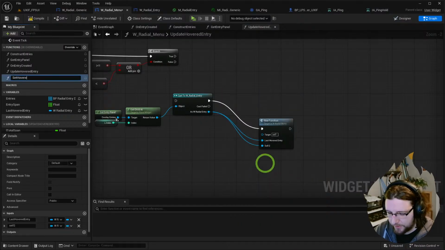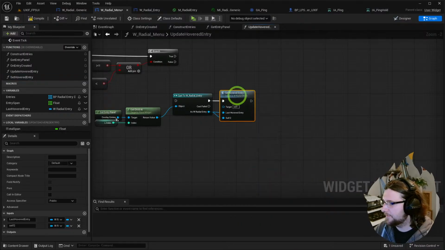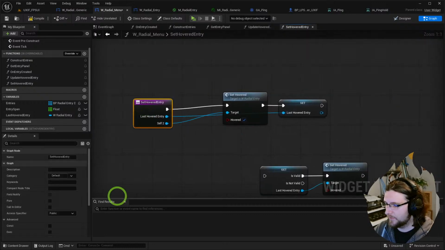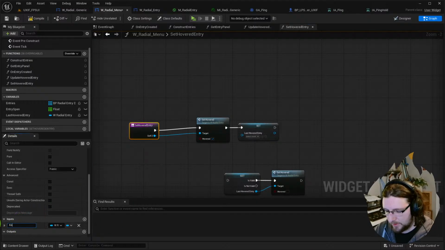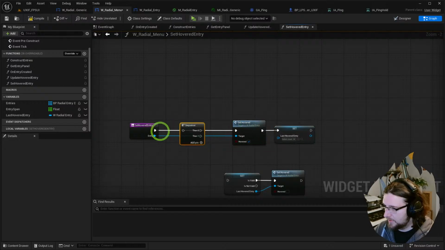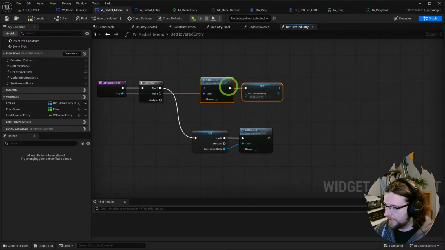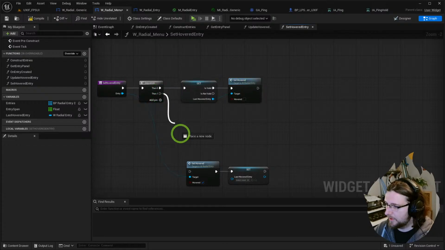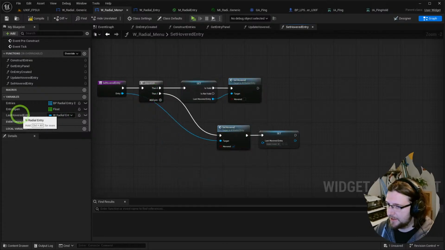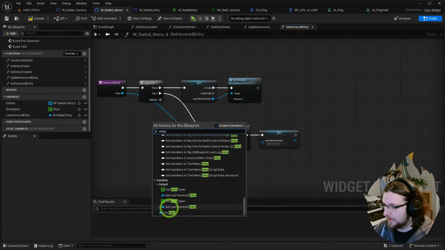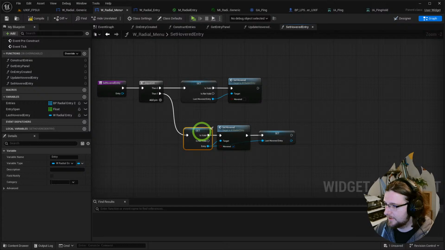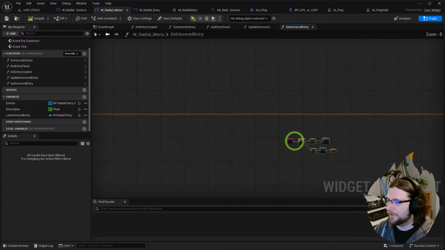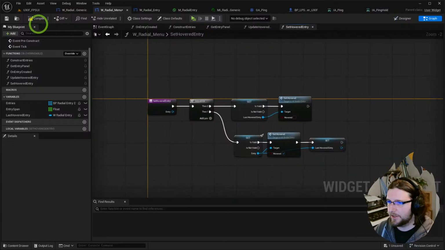Call it a function, set hovered entry. This will do. We can get this sequence. If there was already a hovered entry, we want to unhover it. And then if there is a valid entry here, convert to valid get. If there is a valid one of these, then we're going to hover it and set it to the last. Okay, so that's our new little function that sets our hover state,